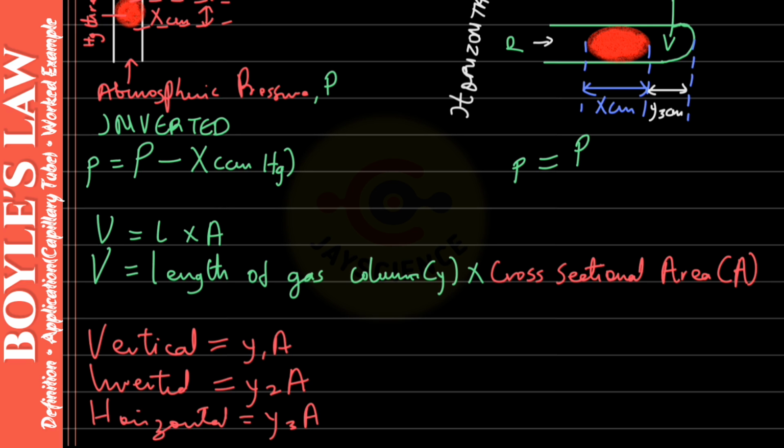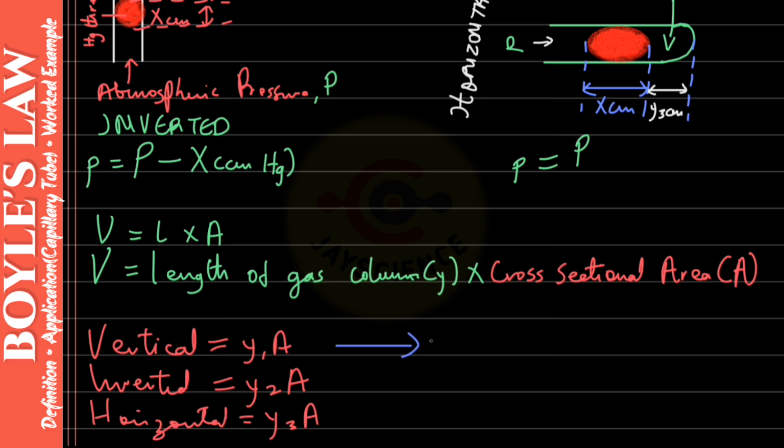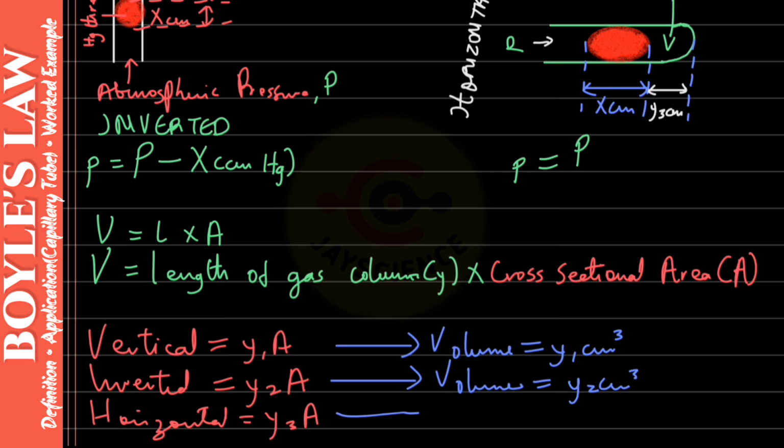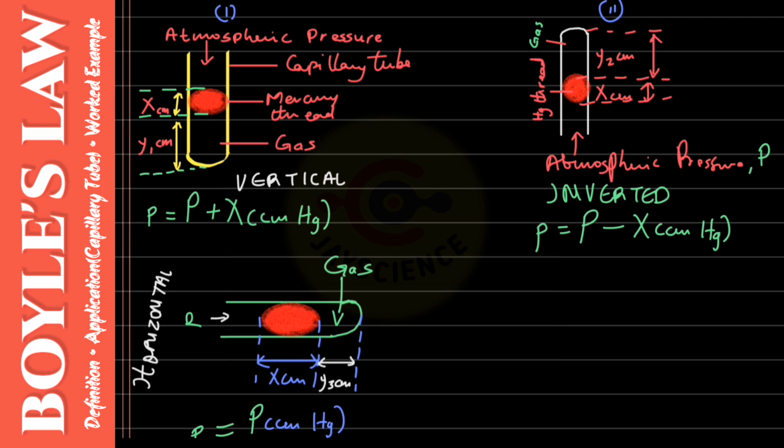So I said earlier that the cross-sectional area is kind of the same, so we can leave out A. We can describe this for the vertical. We can say the volume is only equal to the length of the gas column, y1 centimeters cube. For this as well, we'll say y2 centimeters cube, and for this as well, we'll say the volume is y3 centimeters cube. In conclusion, we can apply the knowledge of Boyle's law to form a relationship to derive a general